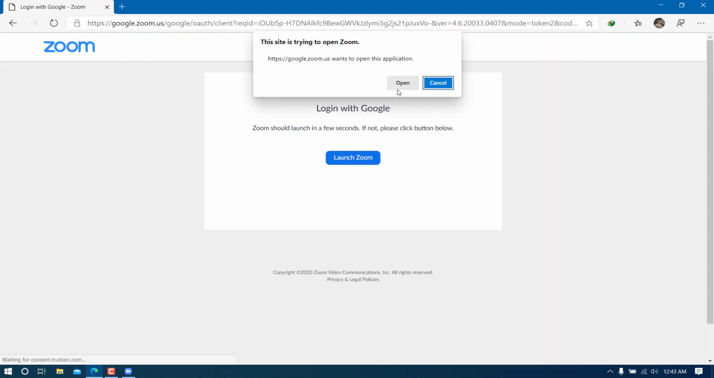If it is not there, it will probably ask you to fill in your Gmail ID personally. So you can fill in your Gmail ID personally, and then you can enter the password, and then again you will come back to this particular interface. Now I'm going to click open so that it will again redirect me to the app rather than this browser. So I'll click on open,